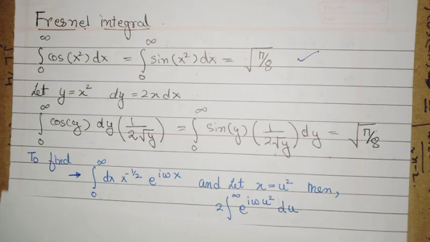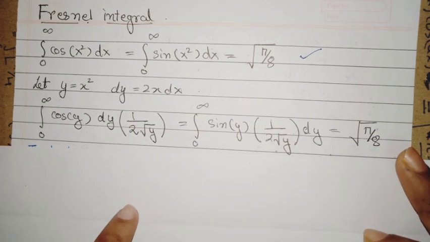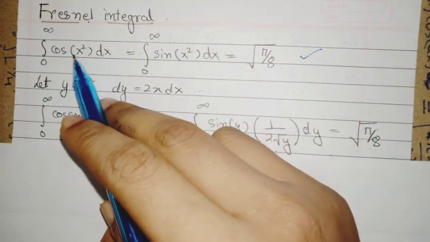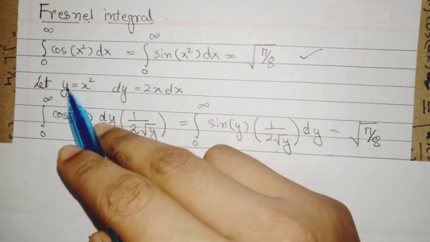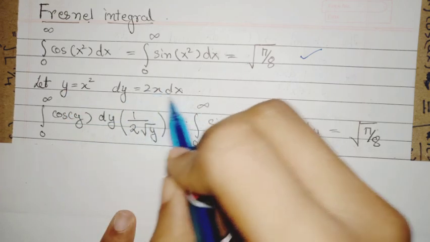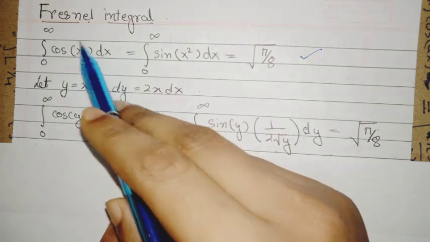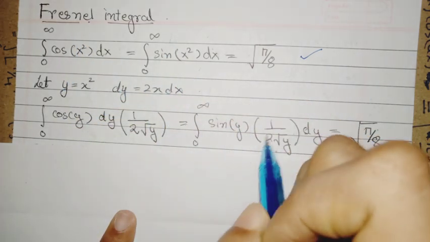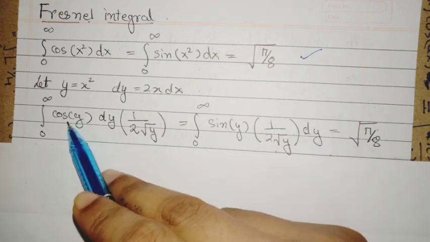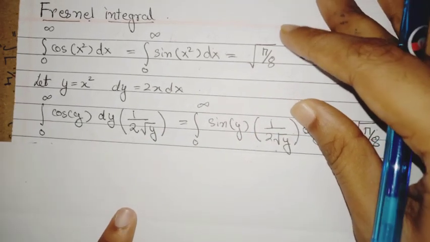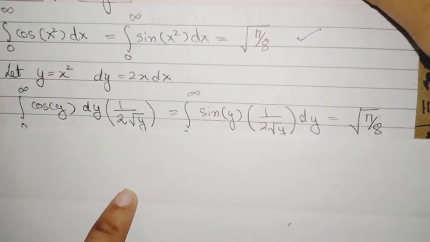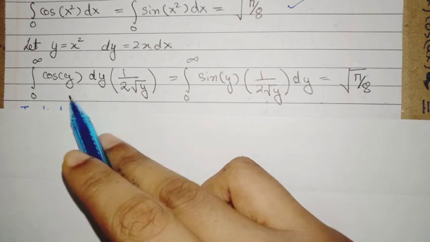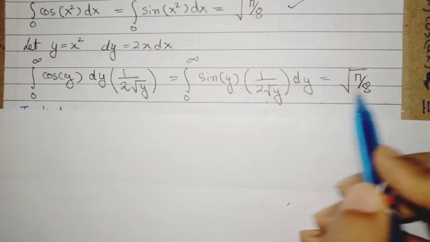So, let's begin. The first step is to do a substitution over this to get to a different form. Let y be equal to x squared, and dy is 2x dx. I substitute y equal to x squared in this one or in this one. The final equation will come out to be this. You can see here.